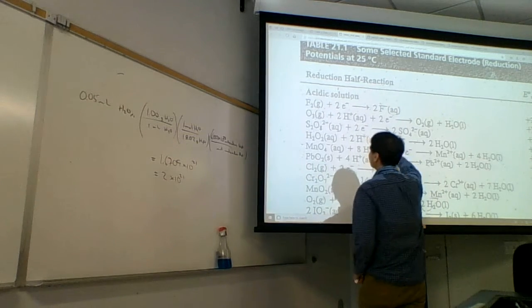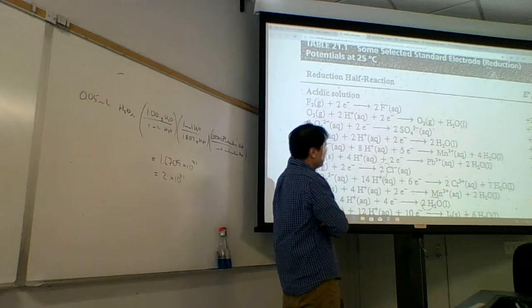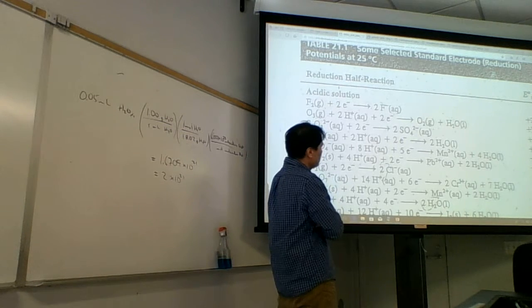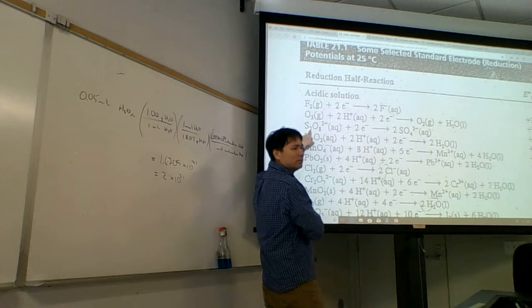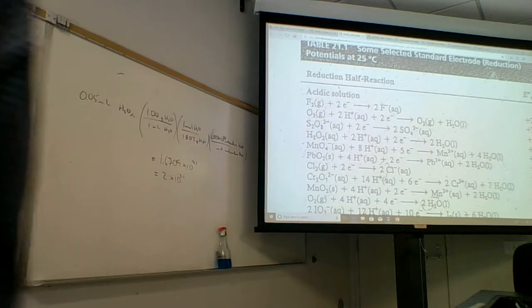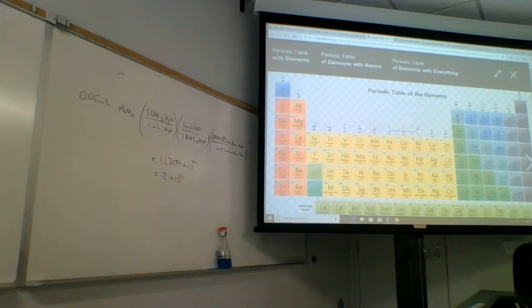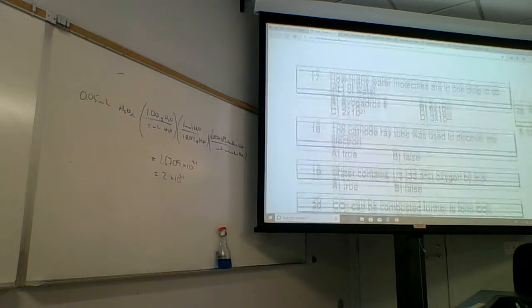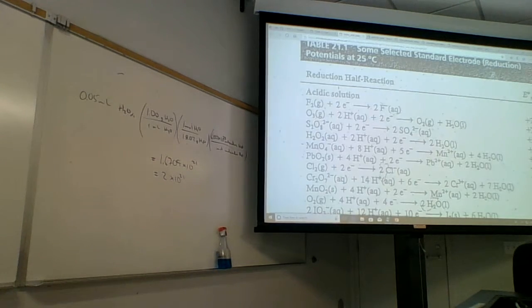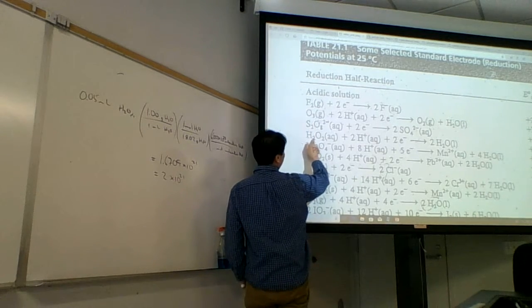But this is kind of weird. This might be like a persulfate in this case, because the sulfate's maxed out. Normally it's maxed out, like carbonate's maxed out. But this sulfur is very odd. What is this sulfur? +7. That's very odd. And it's not a common species. It's a very exotic species. This is number 3 here. Sulfur should max out at +6. It maxed out at +6. So we aren't going to ever deal with this species here. Ozone, yes. Fluorine, yes. Hydrogen peroxide, yes, but not this.